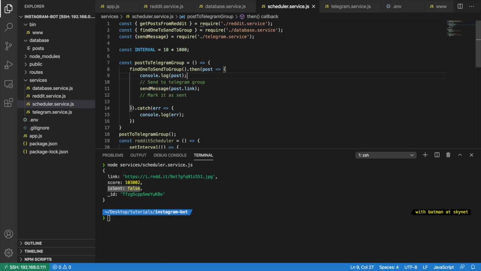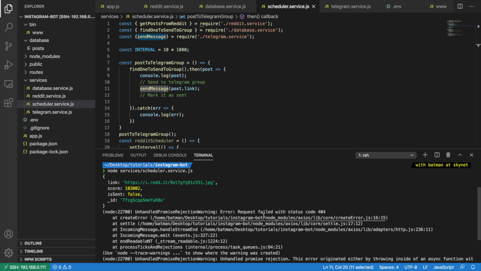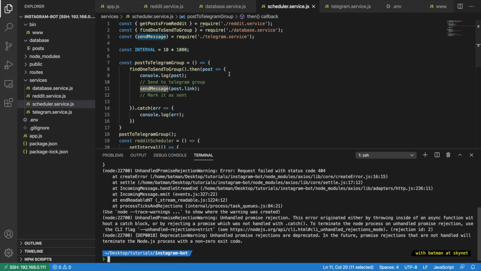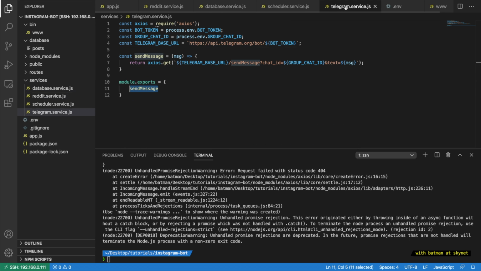Great. Now that that is done, let's test whether this sends the message or not. So we got an error which says 404. So why did we get a 404? 404 basically means the URL is not available. So let's just check the URL. Where is the Telegram service? Okay, api.telegram.org. Let's copy this